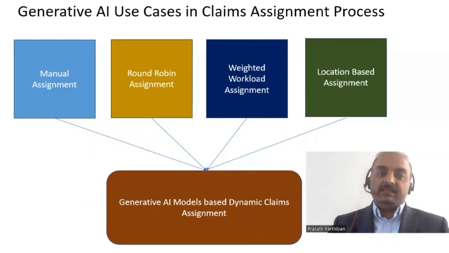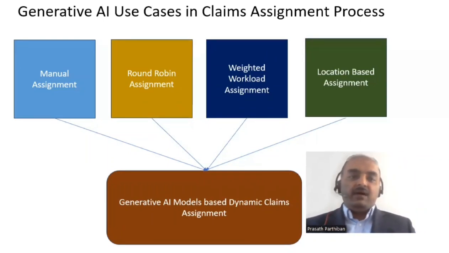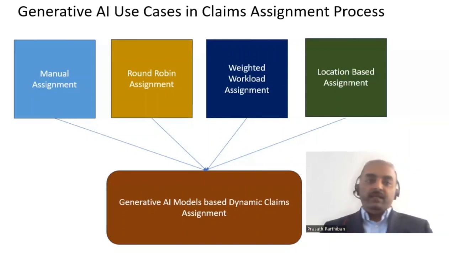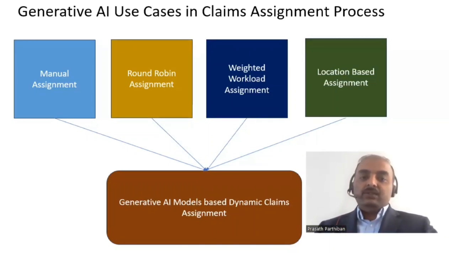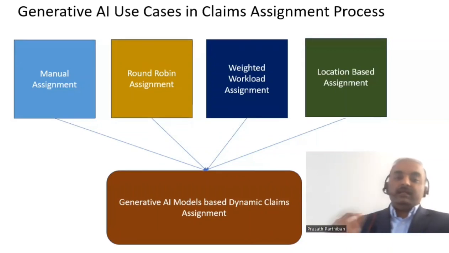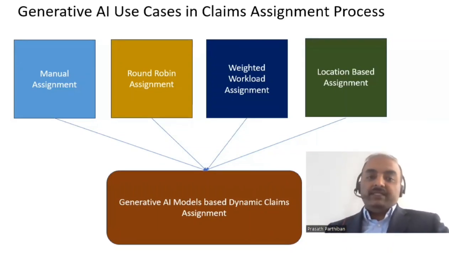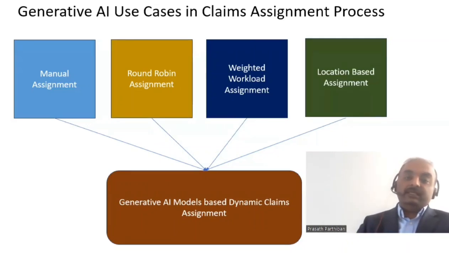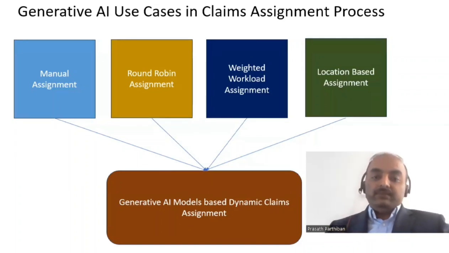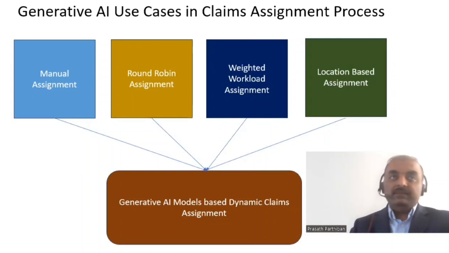Based on these data variables, it can have a logic to say, for example, for this particular claim, it is best to use weighted workload. For this particular claim, it is best to use a hybrid approach, where certain times it will use round robin, and certain times it will use weighted workload. In certain scenarios, it will be both automatic and manual, where you do assignment in case of natural disasters. If you want somebody to look at the claim, you have a prompt where CSRs or some critical users can assign the claim. So that is what we call generative AI model-based claims assignment, which will be dynamic,